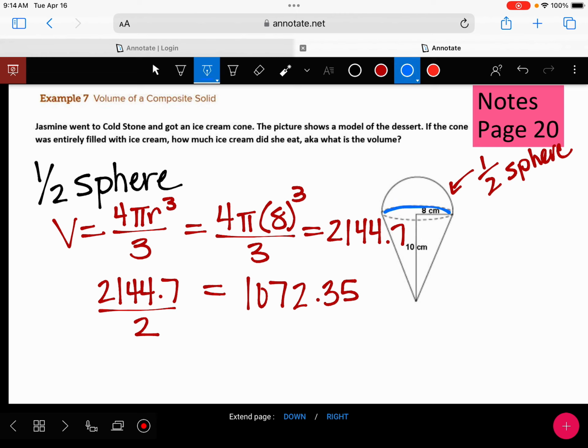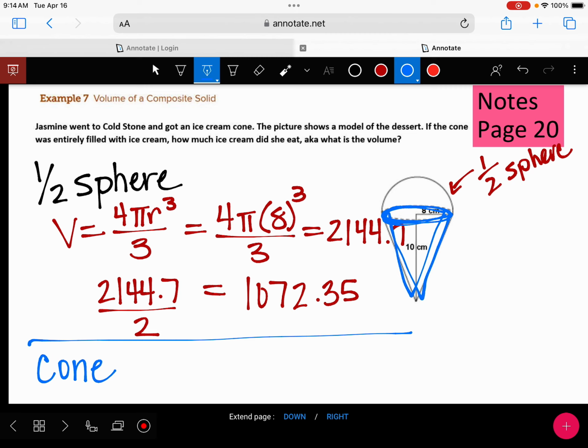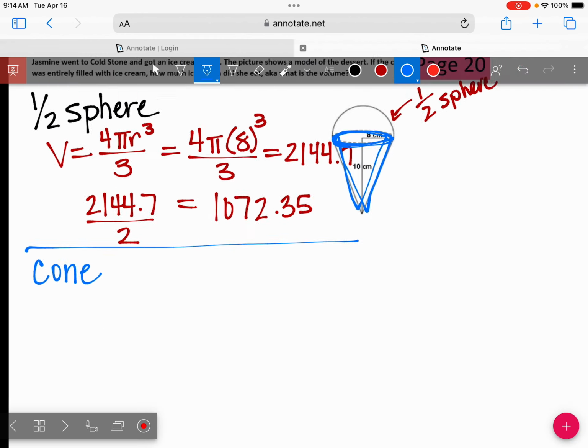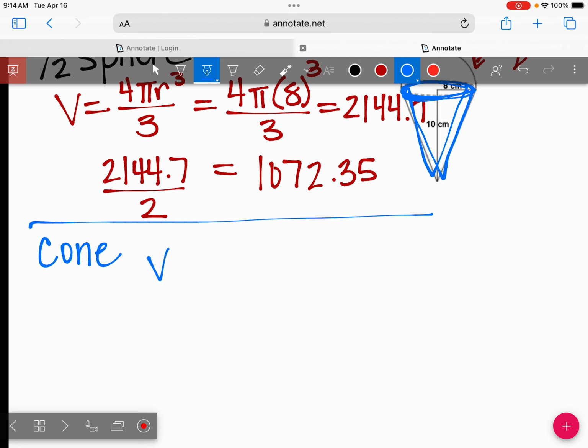Okay, so now we have this shape at the bottom. What do we call this part here? What shape is that? A cone. So now we need to figure out the volume of the cone. So yesterday, in our notes, we figured out that to figure out volume of a cone, it would be volume equals pi r squared h